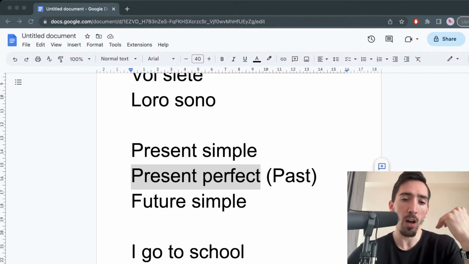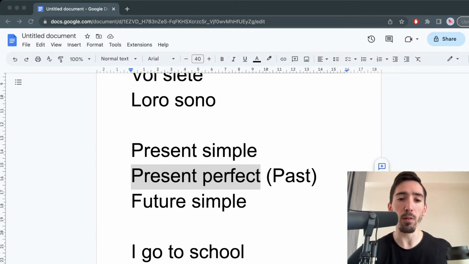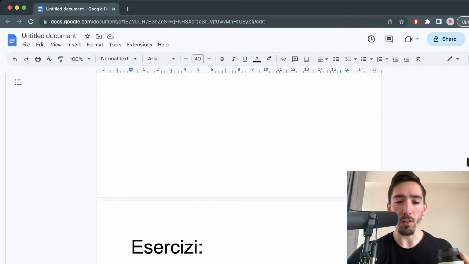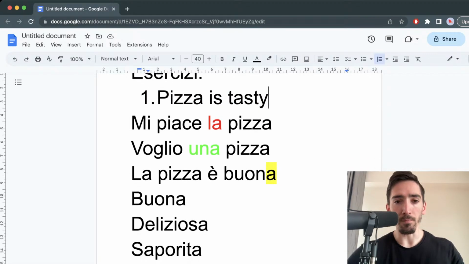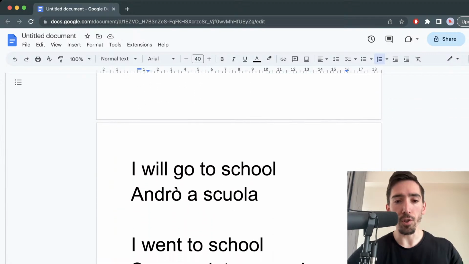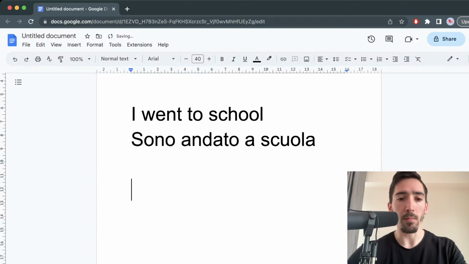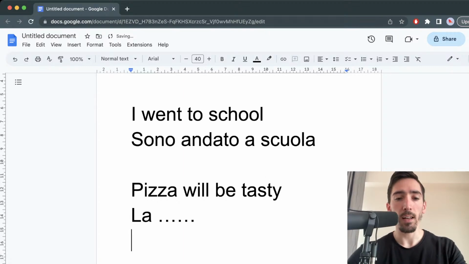If I don't get any questions, I'm going to move on to the next sentence, because I think we've exploded this first sentence. We've kind of covered everything. Pizza is tasty. That's all we wanted to really say. So then in the future, it's going to become pizza will be tasty. And then in the past, pizza was tasty.